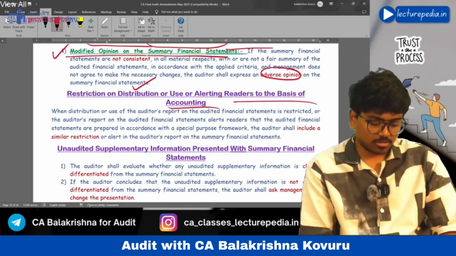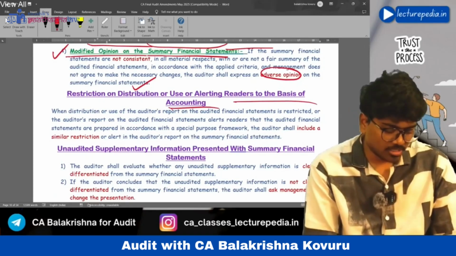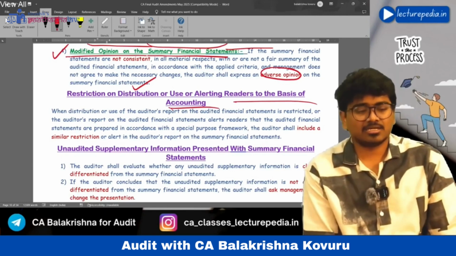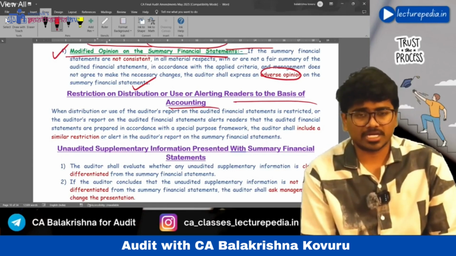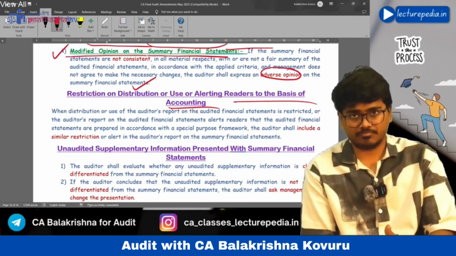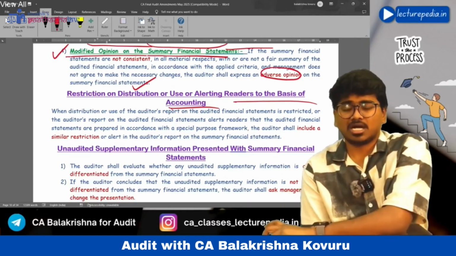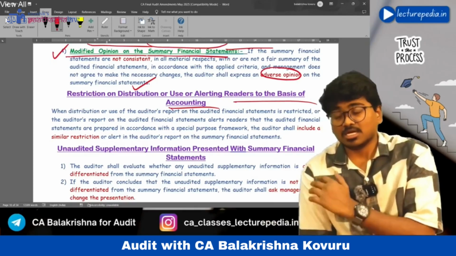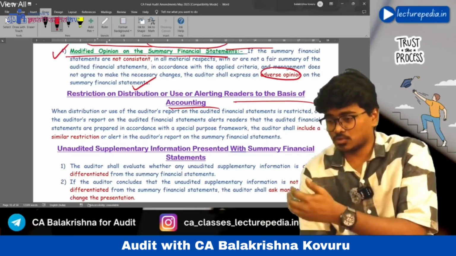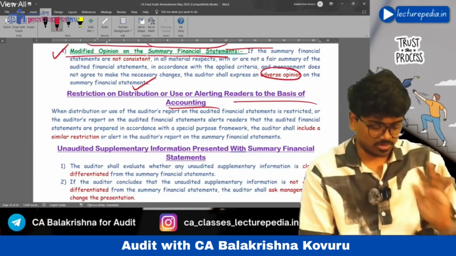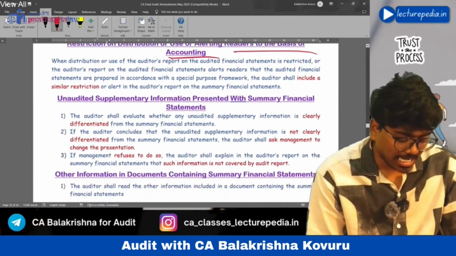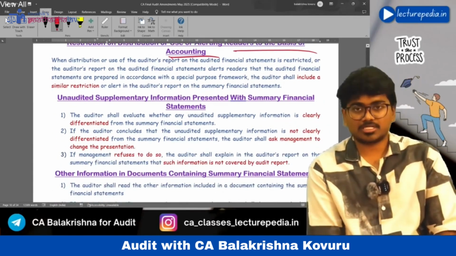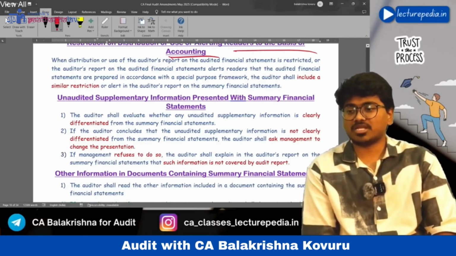Just like in SA 800, we have read about alerting the users, the same thing you can alert the users that these financial statements are summary financial statements. In the same way, you can restrict the use of this audit report only to specific users. The same point.